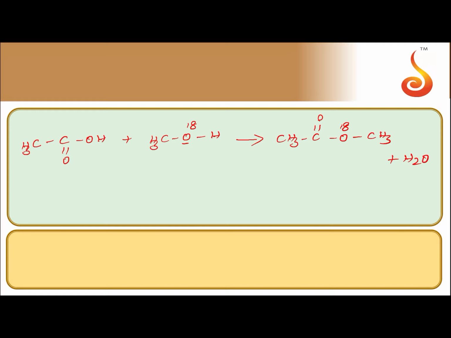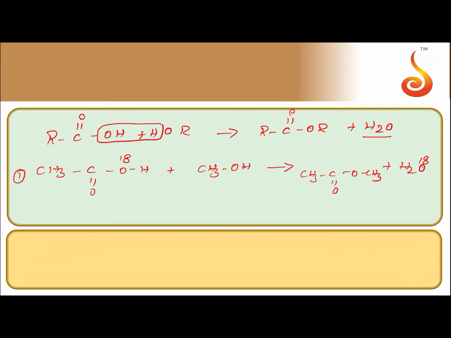Okay. So what technique we have to learn in esterification reaction? Carboxylic acid reacts with alcohol to form ester and water. H plus goes from alcohol, OH minus goes from carboxylic acid. So if I take isotopically labeled oxygen in carboxylic acid, that oxygen will be in water. If I take isotopically labeled oxygen in alcohol, that oxygen will be in ester.